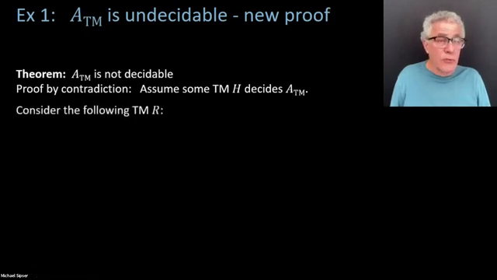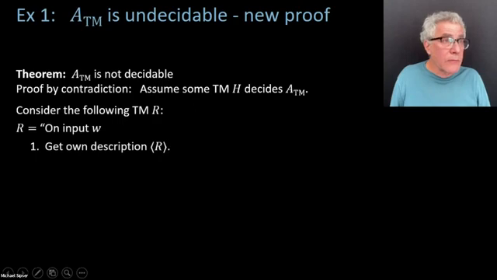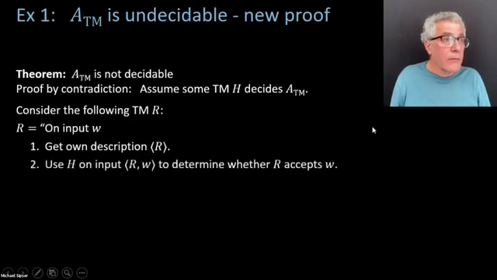It starts the same way that the diagonalization proof went. But now I'm going to make a machine called R. So this is different from the earlier proof. R says on input W, I get my own description. Use the recursion theorem. That's the way these things always start. Now, I'm going to use H. Now that I know my own description, I'm going to feed,